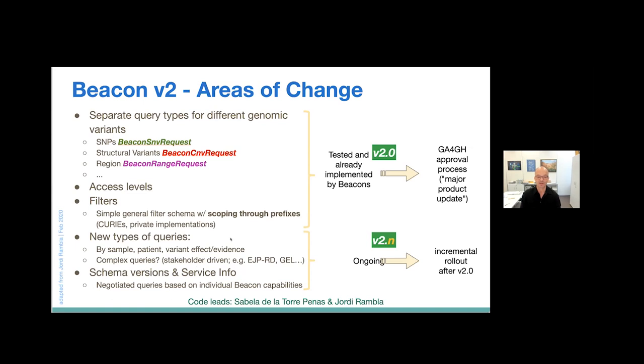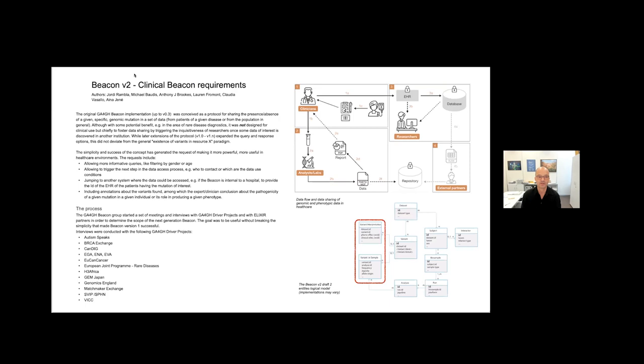Importantly, since this will lead to a large heterogeneity in Beacon endpoints, schema versions and service infos will be provided using standard GA4GH protocols so that the different endpoints can actually tell you what queries they are able to answer and what data they are able to deliver. And some of this is already in rollout. This is a draft